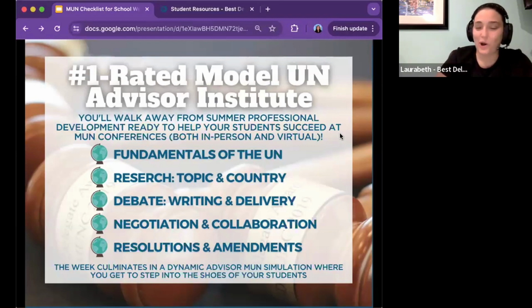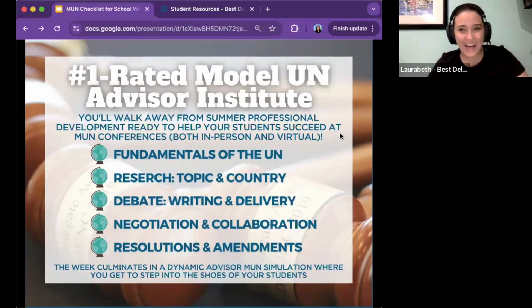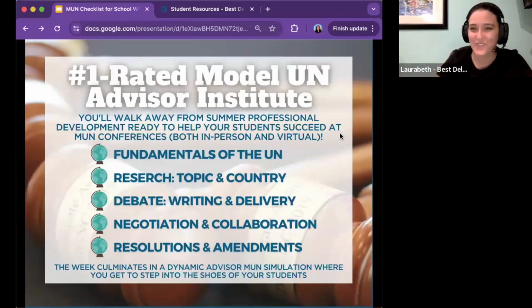And specifically, you'll get to learn all the fundamentals of the UN. You'll learn about research, topics, and countries and how to teach it. You'll learn how to teach debate as well as writing and delivery. You'll also learn different techniques for negotiation and collaboration and about resolutions and amendments. And at the end of the 3-day program, you'll participate in a simulation as well. So you step into the shoes of your students and world leaders